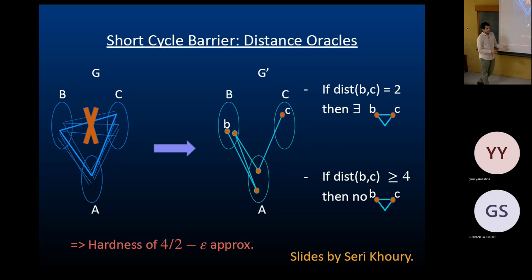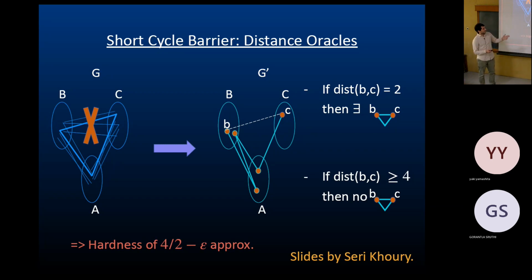Now, okay, so can we prove a higher lower bound? To prove a higher lower bound, you want to say, okay, if there's a triangle, it's 2. If there's no triangle, there's no path of length 100. If you could show that, then you would get hardness not just for 2 approximations, but for 100 over 2 approximations. So you would hope that there's this gap between either distance 2 or 100.